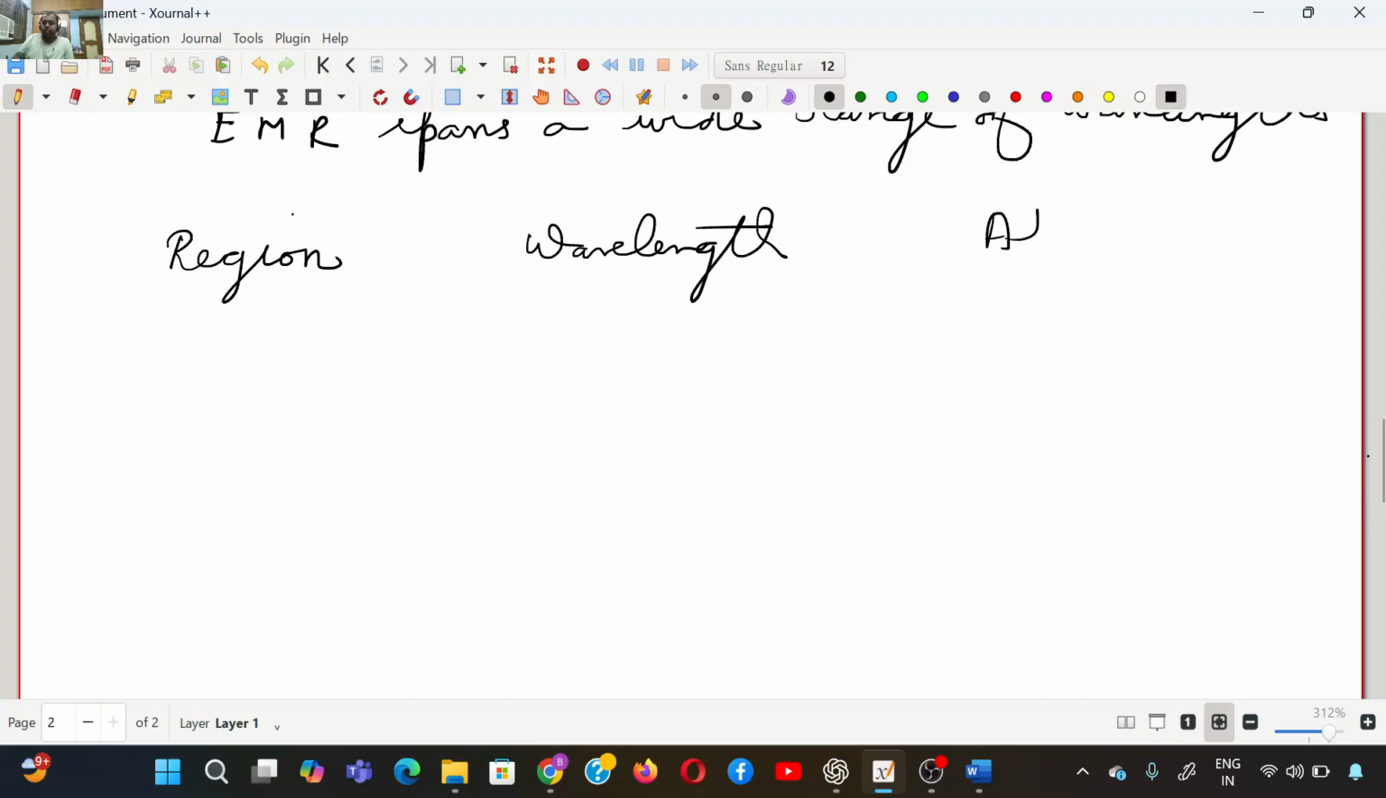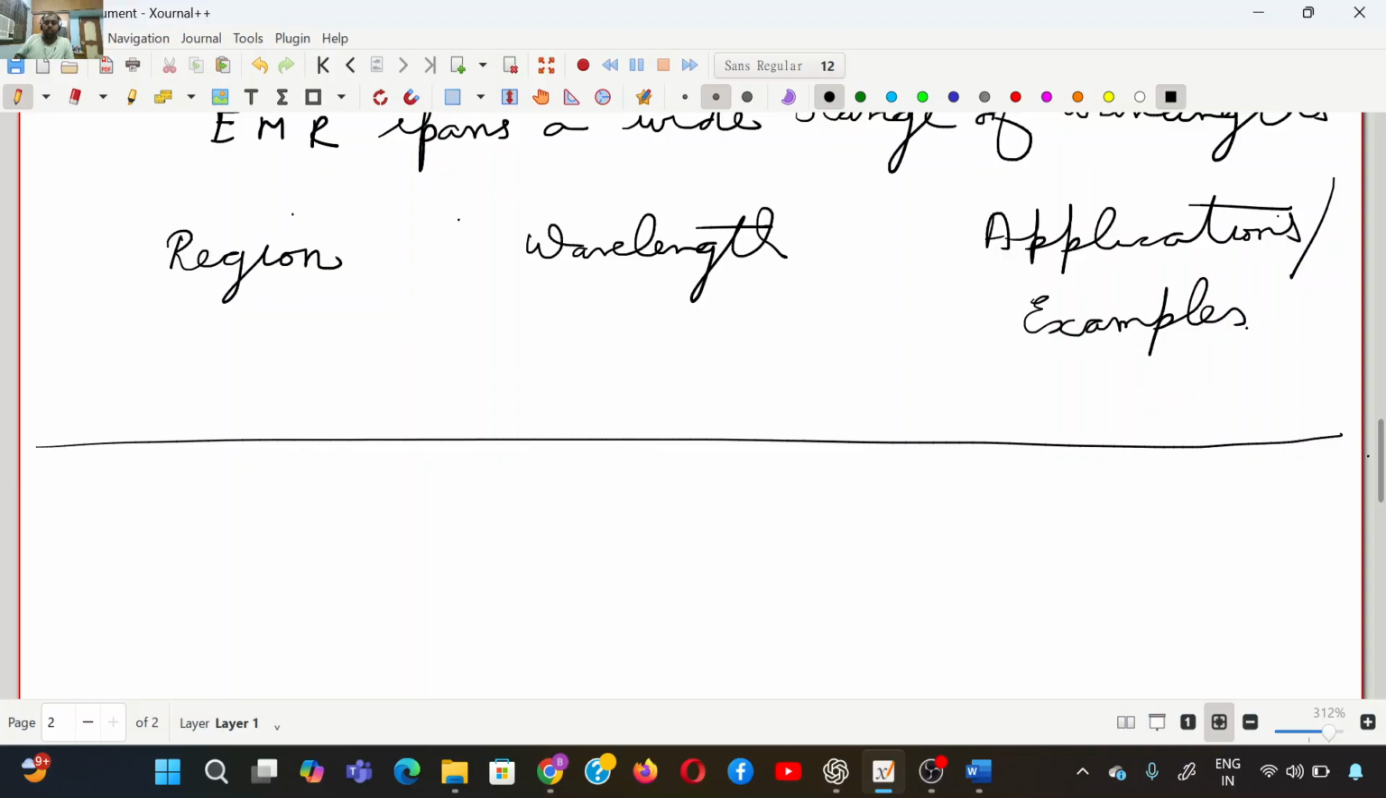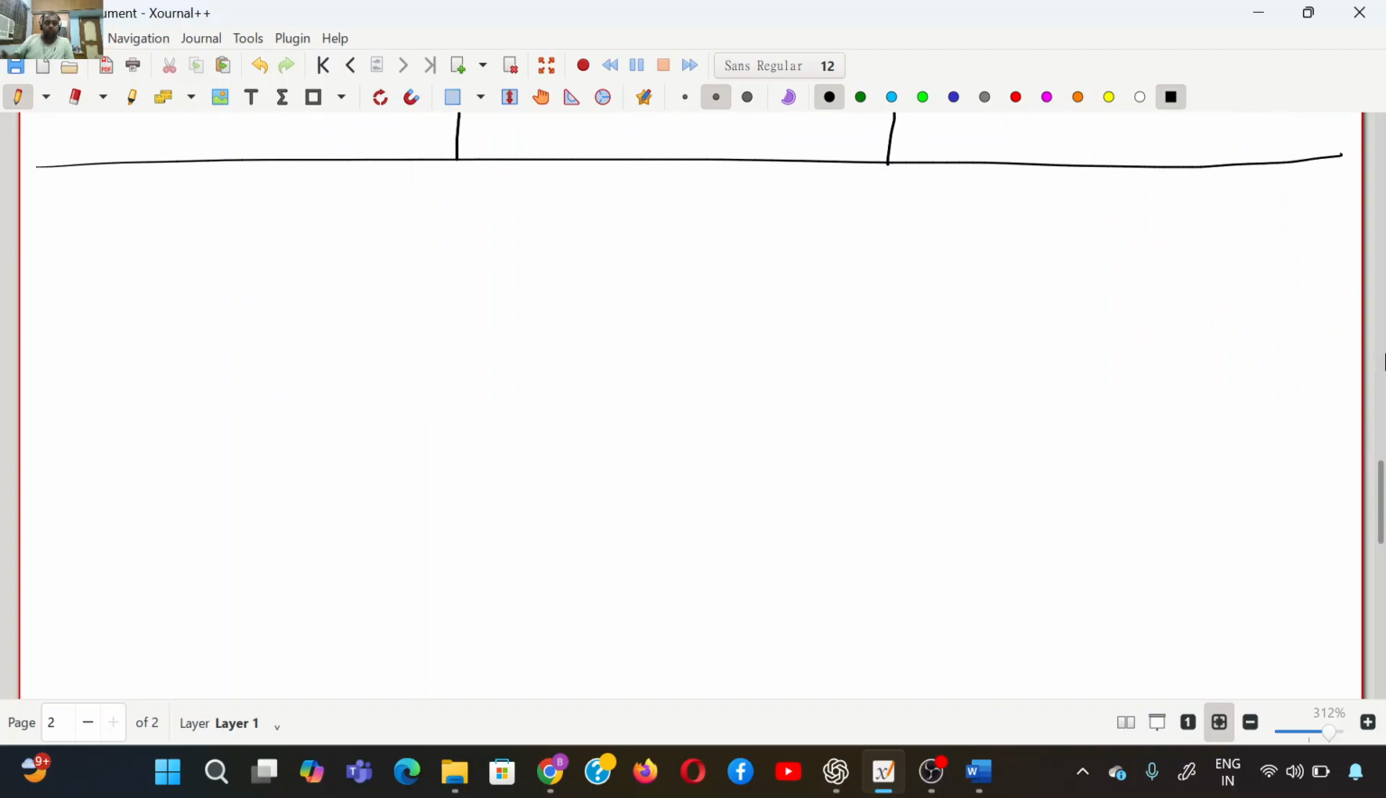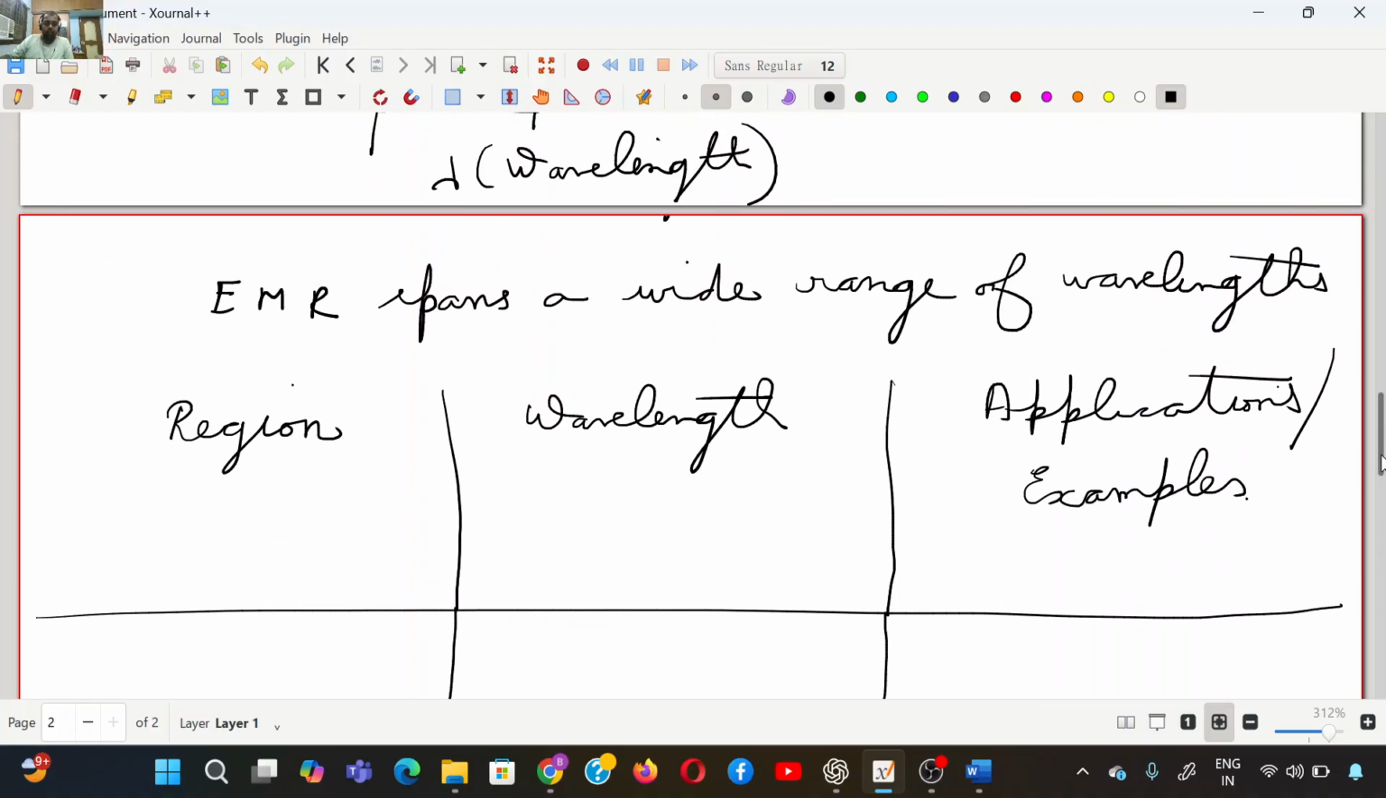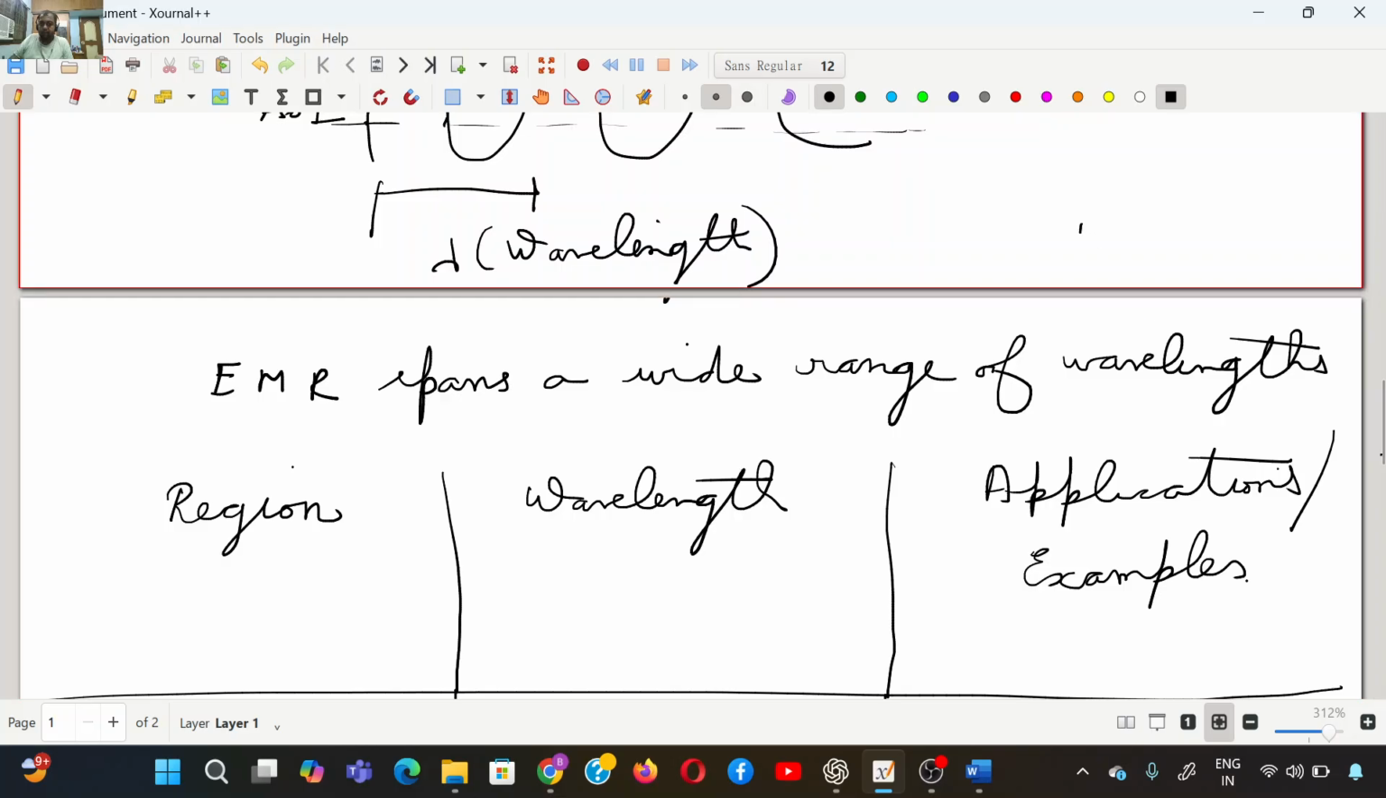Region, wavelength, and applications or examples. We'll make a table. Okay, so we will start from low wavelength to high wavelength. So low wavelength will be like this, right? Low wavelength means it will be like this. High wavelength will be like this,